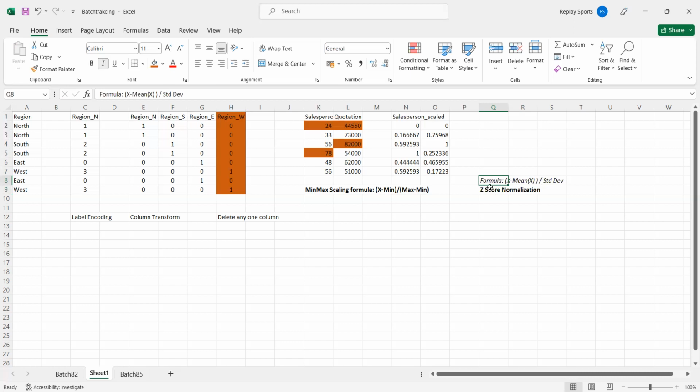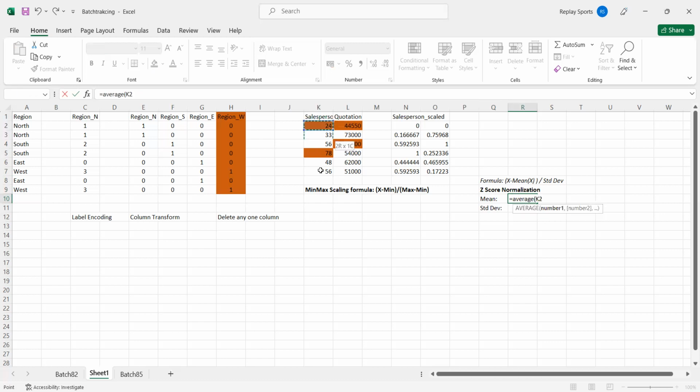This is the formula. So what is the mean of x and standard deviation? How do you calculate mean and standard deviation? Mean is average, isn't it? Average. So simply you say average of